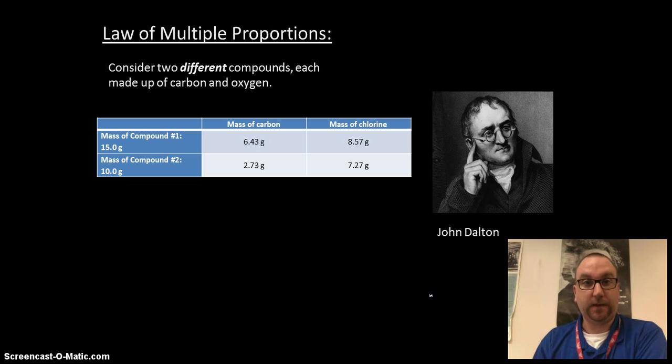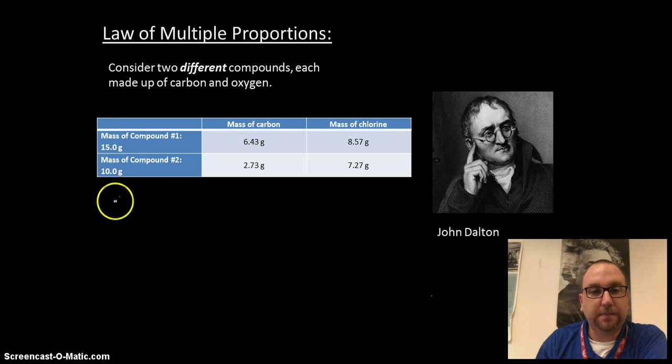So we have two different compounds of carbon and oxygen, compound 1, compound 2. And these are not the same compound anymore. So this is the difference between the law of multiple proportions and the law of definite proportions: with the law of definite proportions, we're dealing with two samples of the same compound, whereas with the law of multiple proportions, we deal with samples of different compounds but the same two elements in them. So for compound 1, what we're going to do is again take a mass ratio,